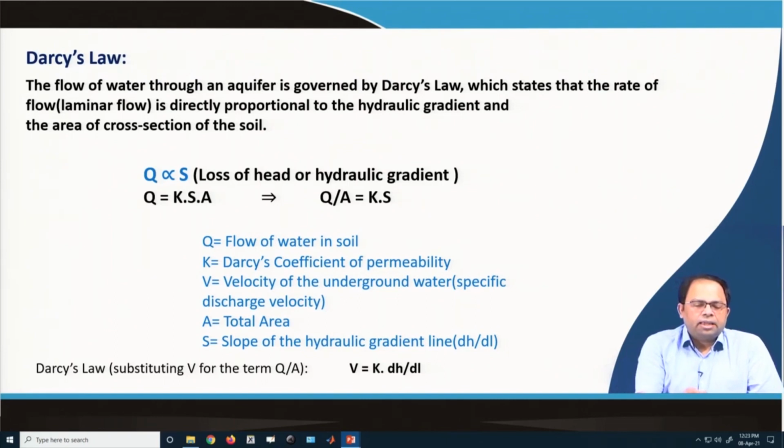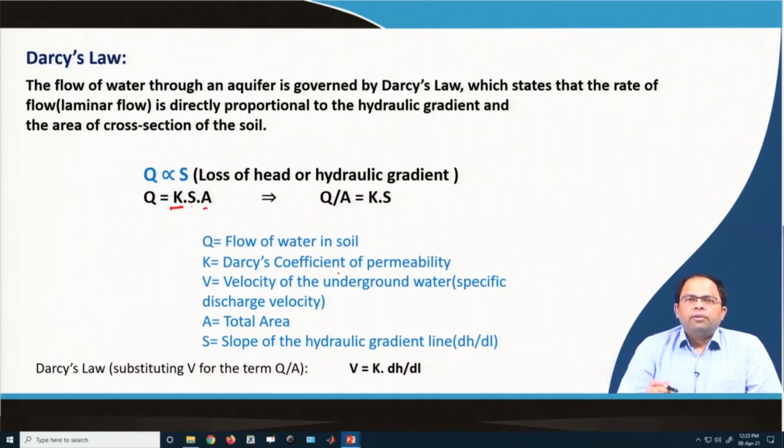So, what we find is Q is proportional to S, which is the loss of head or hydraulic gradient. This is what Darcy's law states, and it is also proportional to the cross sectional area of the soil. So, Q is proportional to S and A. This is balanced using this coefficient K, which is nothing but Darcy's coefficient of permeability. So, Q is equal to KSA, where Q is the flow of water in the soil, K is Darcy's coefficient